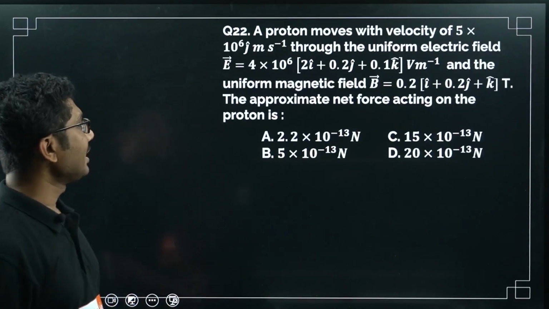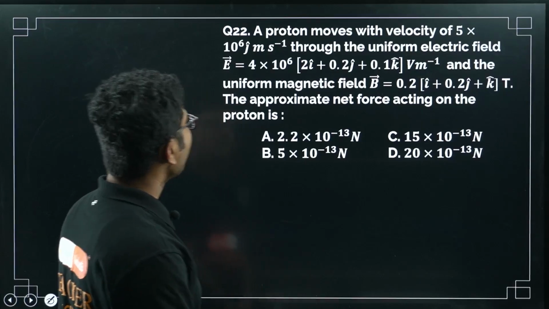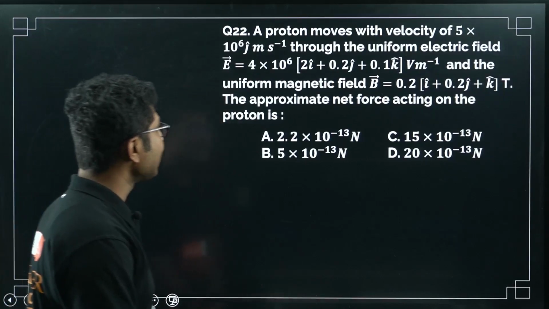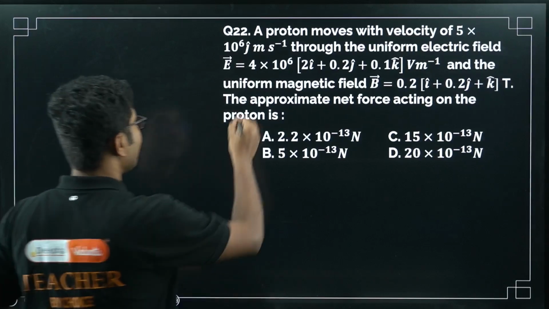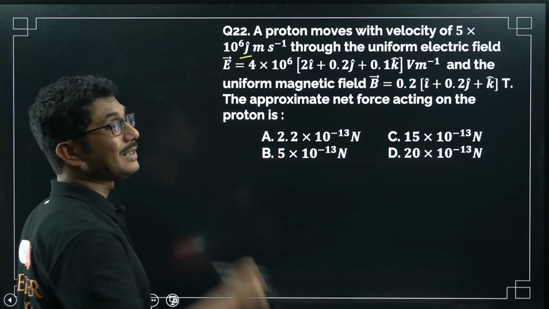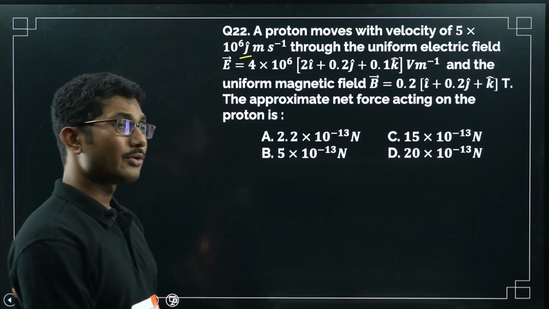Now let's move on to the next question. A proton moves with a velocity of 5 times 10 to the power of 6 j cap meter per second, sorry, not joules, this is j cap. Okay, j cap meter per second through the uniform electric field E equals 4 times 10 to the power